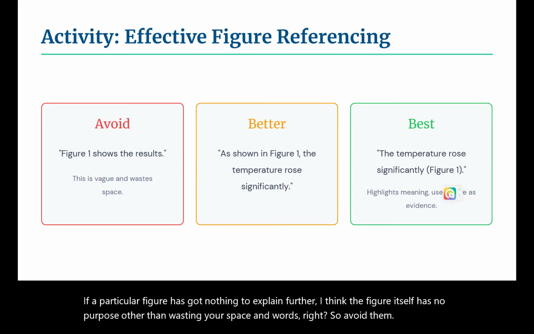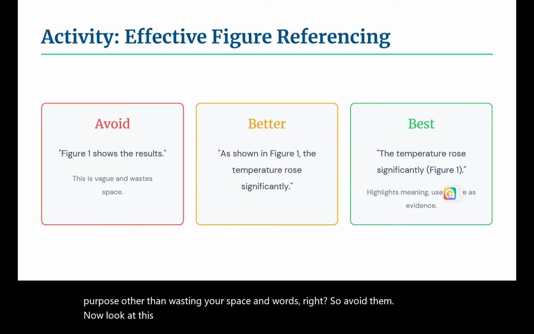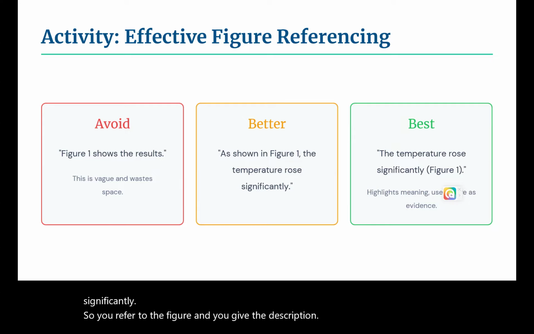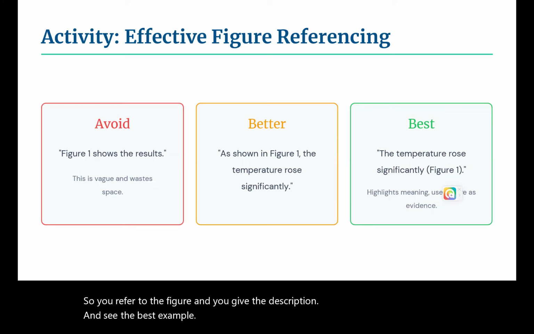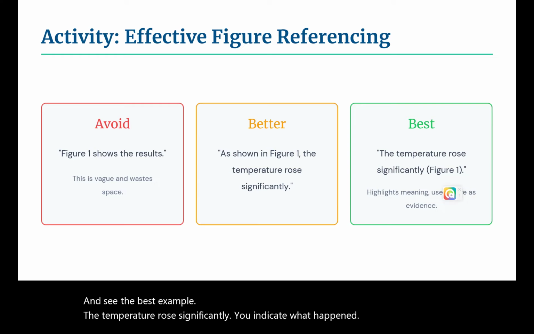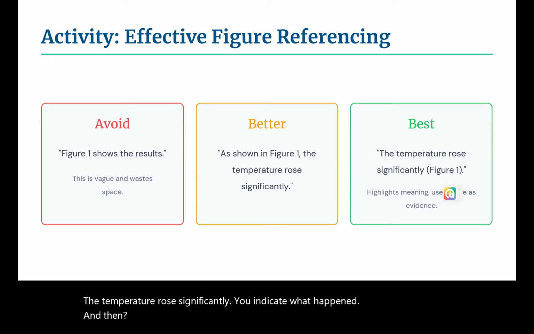Now look at this better example. "As shown in figure 1, the temperature rose significantly." So you refer to the figure and you give the description. And see the best example. "The temperature rose significantly (figure 1)." You indicate what happened, and then you parenthetically indicate where this particular data appears, that is in figure 1, because your